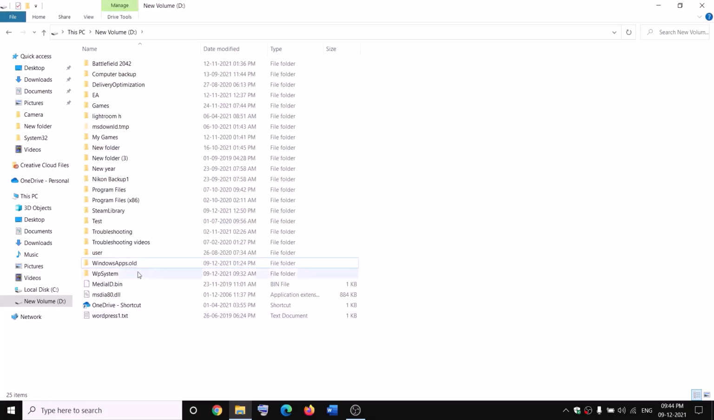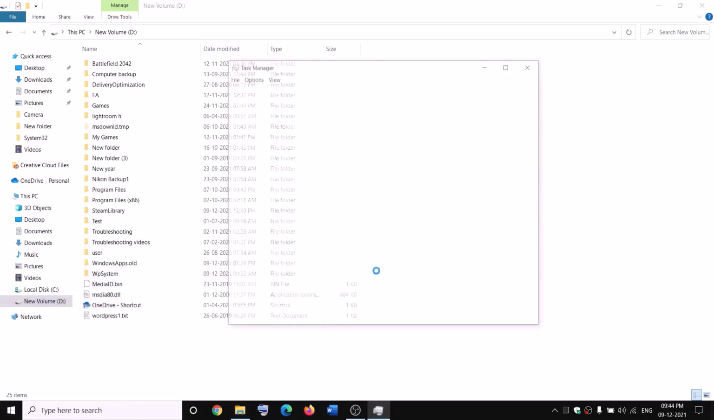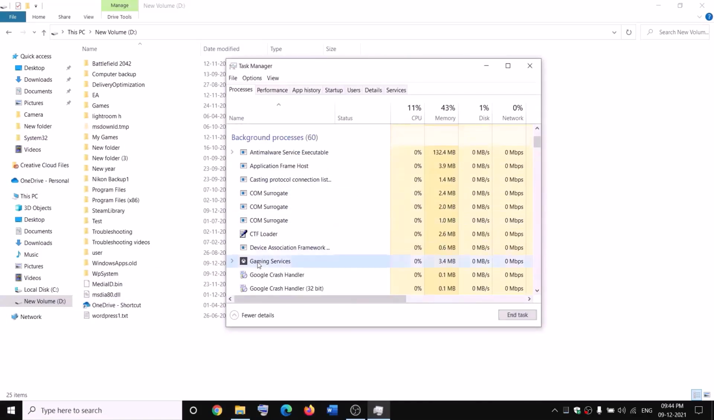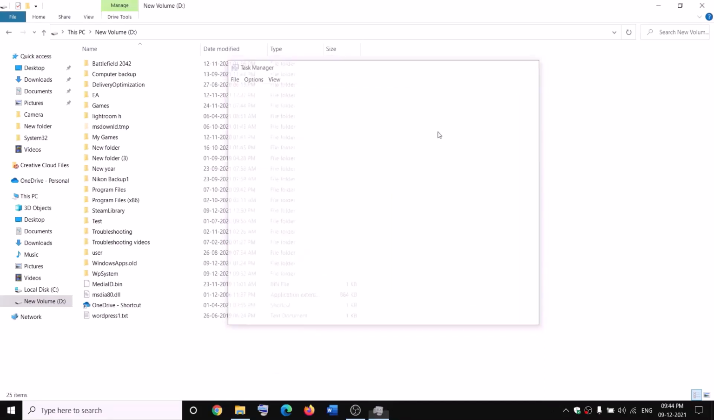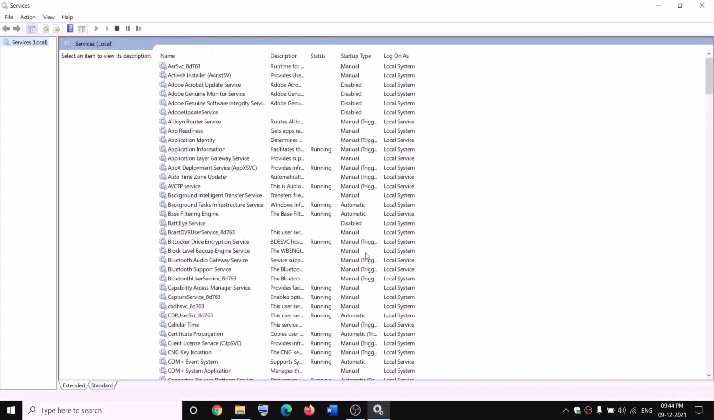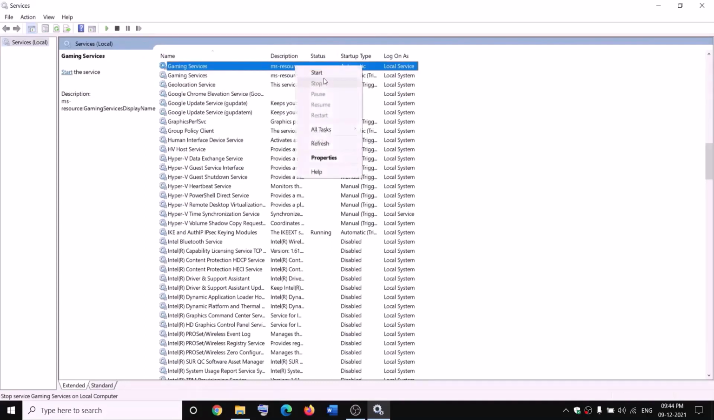Now while renaming it, if you receive any kind of error message which says file is open, in that case open Task Manager on your computer. Right click on the Start menu, click on Task Manager. Now if you find Gaming Services, right click and then click on End Task, and also open Services over here, and then go to Services and find Gaming Services, right click on Gaming Services, click on